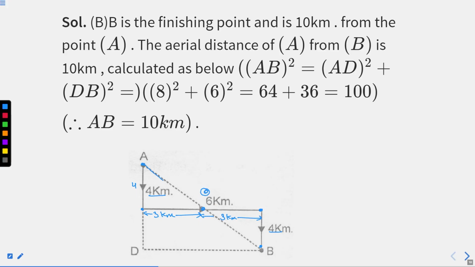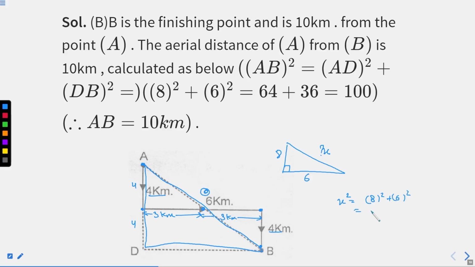I'll mark the complete triangle. This triangle, right? The triangle A, D and B, right? This is a right angle triangle where this complete distance is 4 plus 4, 8. I'll make the separate triangle here, right? So this is the right angle. This distance is your 8. This distance below is 6. You have to find this distance, right? For that, let's say x. We know that if we use Pythagoras theorem, x square is equal to 8 square plus 6 square, right?